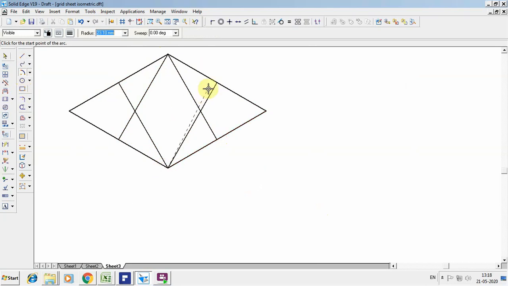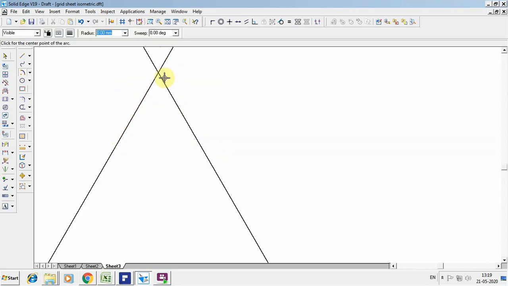This is the center. Draw the arc. Similarly, this is the center, and this is the radius. I want to draw the arc. Again, go for the intersection over here. So this is the center and the radius. Draw the arc. Again, the intersection line. If you are not able to see it, you can zoom in and get the intersection point.